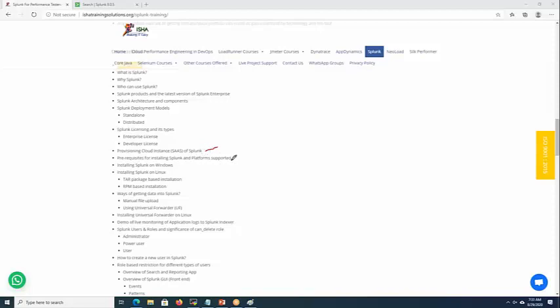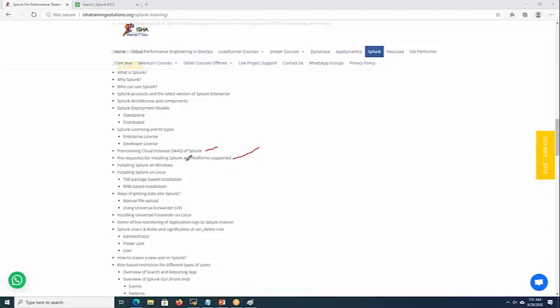We'll be discussing what platforms are supported for Splunk. If I want to install a Splunk indexer, there will be two components basically: the Splunk forwarder and the Splunk Enterprise software. The forwarder is an agent which is used to ship the data to Splunk.